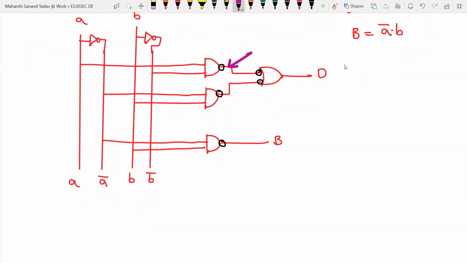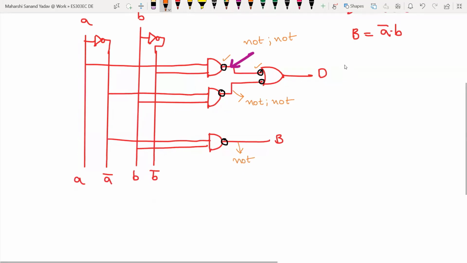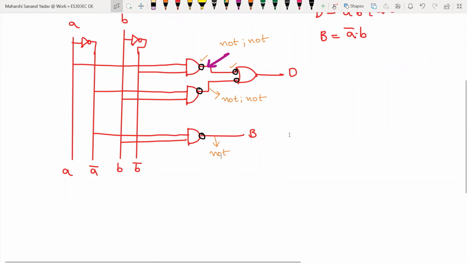Next, the line on which you are placing bubbles, you have to place NOT gates. Here one bubble is there and here one more bubble is there. So as you are adding two bubbles, try to place two NOT gates on that line. Here also same thing. One bubble for output of AND and one for input of OR, so add two NOT gates. Next, on this line B, at the output of AND gate, you are placing a bubble, so on this line also you need to put one more bubble, means NOT gate. Simple concept: output of AND gate, you need to add bubble, and input of OR gate, bubble should be placed.